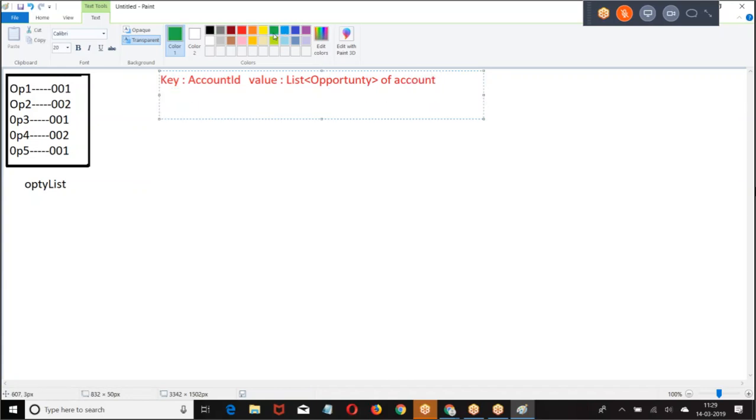Then, what is the code you are writing? ID comma staff.